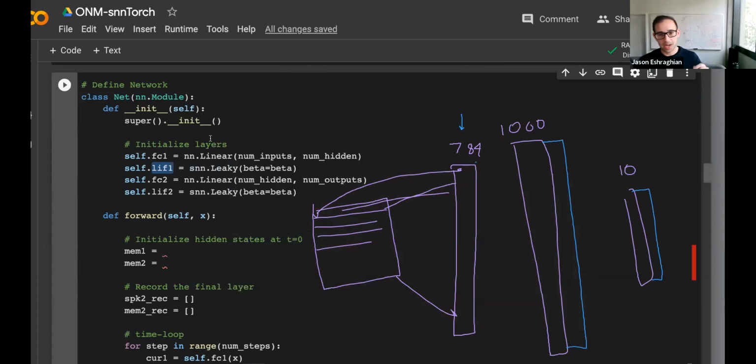Now, previously, I showed what happens with one input injection into the LIF neuron. This time, we have 128 batches, and we have 128 samples at a time, and we also have that being passed in parallel. That means that lif1 is going to look something like 128 neurons in parallel with 784 spiking neuron nodes.